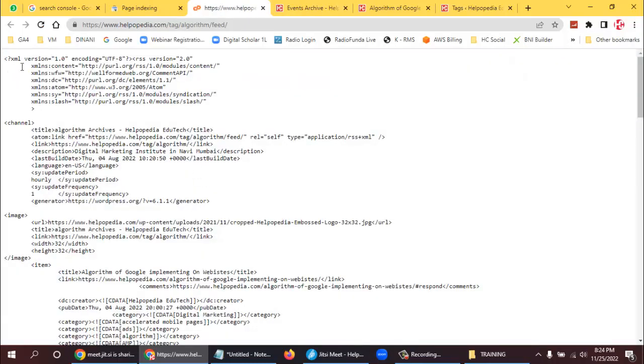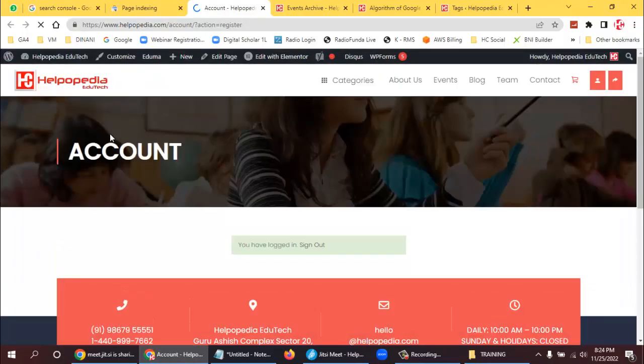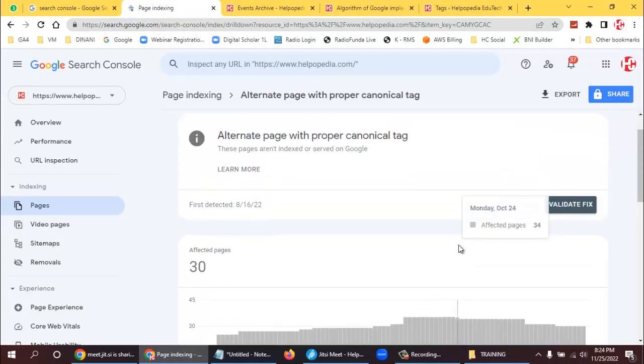So yes, the feed is also working over here. So this feed is also fine. Like this, account and register, so registering an account on the website. I think yes, this should also work. Yes, this is also working. The account page is working. So like this we randomly check the pages and then we will tell Google that yes,